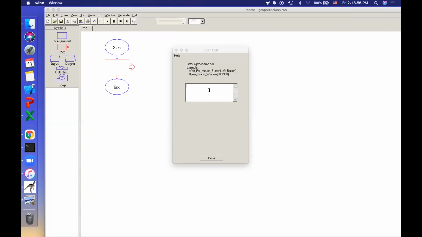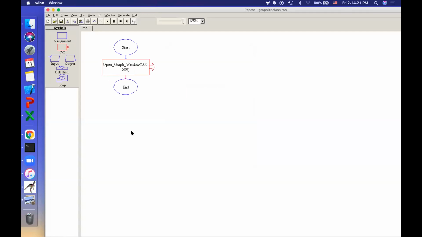Then only we can draw something in it. So open. You can see below that it has been given in the red color. If you double click on it, there is no need for you to type. It will come like that. Okay. So you need to give the width and also height. So this time I will give something like 500 500. Done.